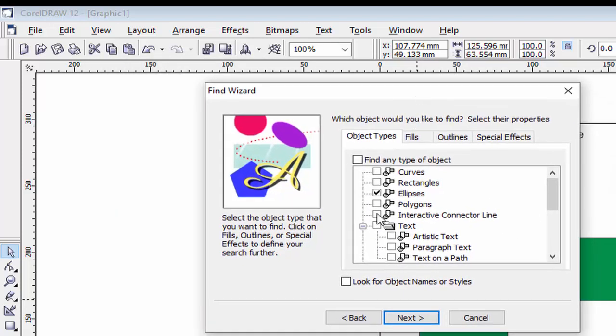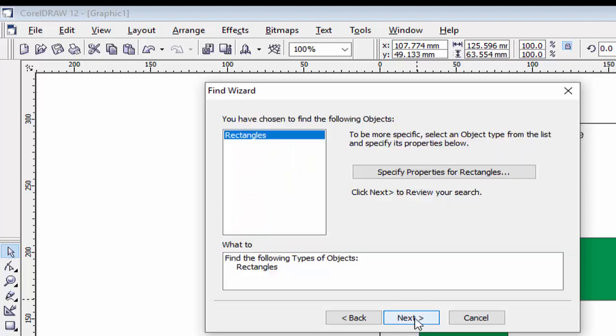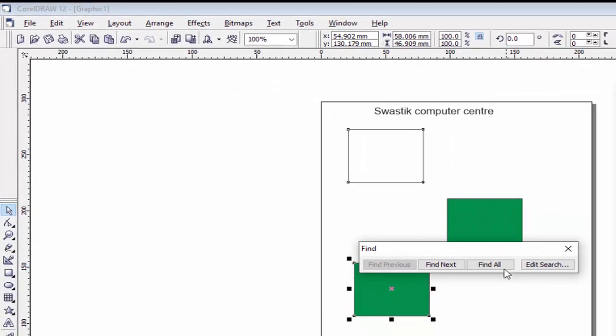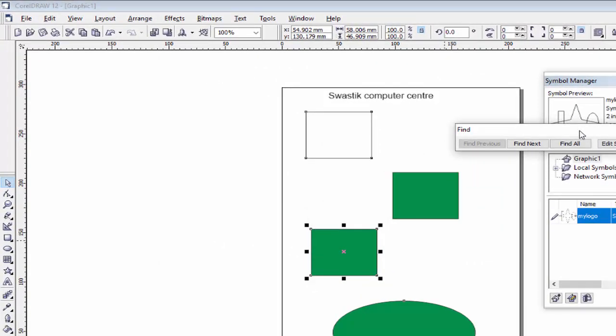Then select which object you want to find, like this I want to find rectangle. Select the rectangle and then next, then next, then finish. It will find the rectangle object in your Corel file.